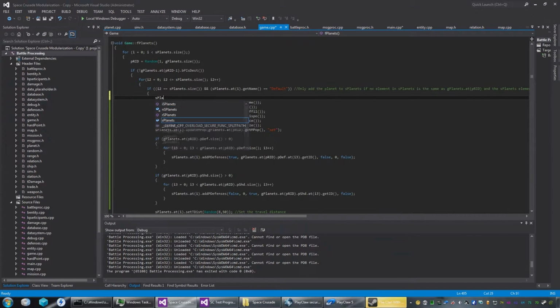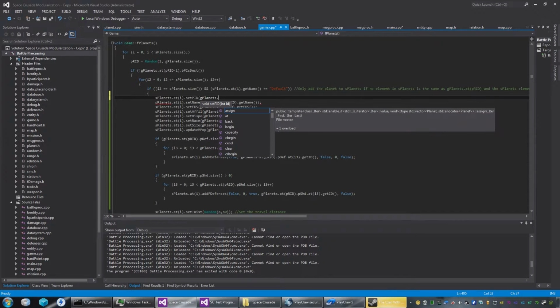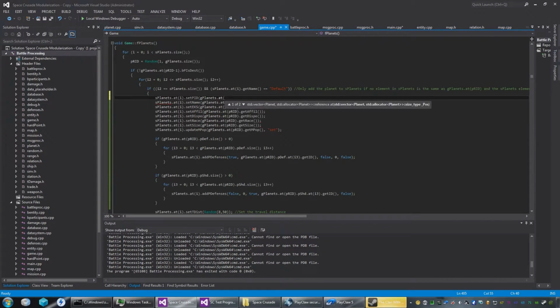So splanets.ai.setPID(gplanets.ai.prid.getPID). Alright, so what happens is that we take the planet ID at gplanets prid, and we set it to the value of PID at splanets.I. So, for example, if the prid is 12,